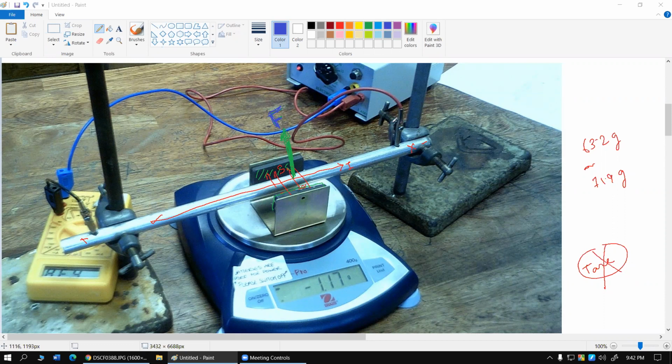If the rod is being pushed up by the magnets, Newton's third law tells us the rod should push the magnets down. Correct or not? I'll say it again. If the rod is pushed up by the magnets, the rod should also push the magnets downwards. ঠিক কিনা? Yes, sir. তার মানে এখানে যেটা হচ্ছে যে আমাদের এই হোল্ডারের